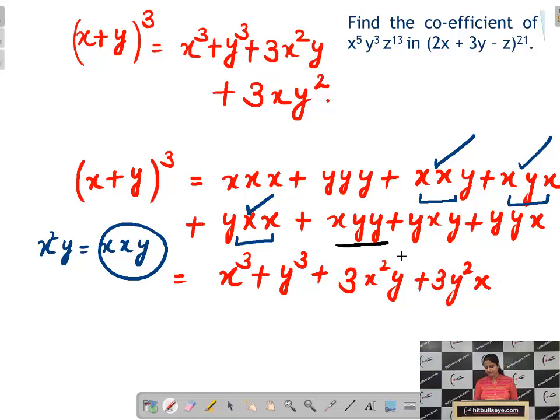Now let us take another thing. You can see xyy, yxy and yyx. Again, there are 3 arrangements of xyy possible. That's why this term will come thrice in the expansion. So what is the coefficient here? This is nothing but 3. We can apply the same